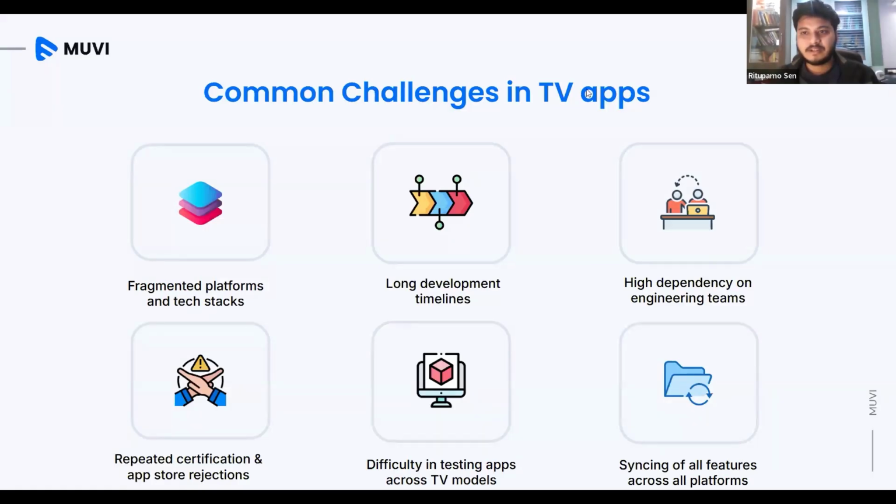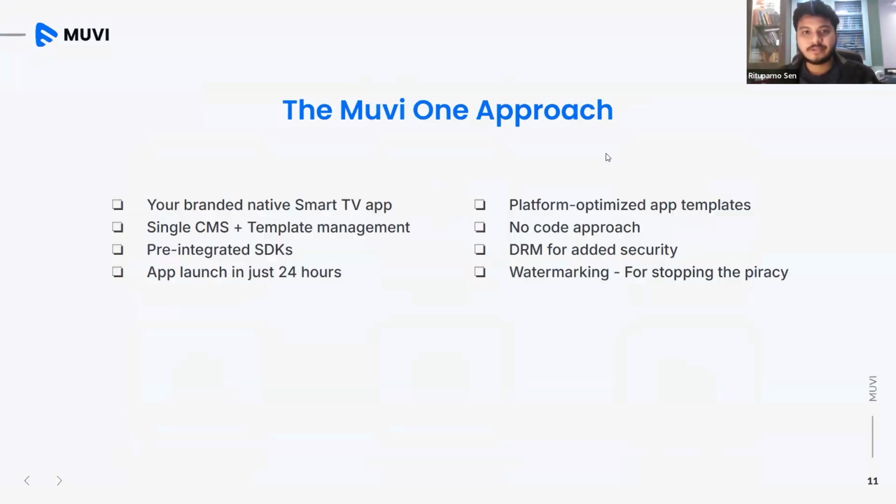Okay, okay. I think we are ready to move.